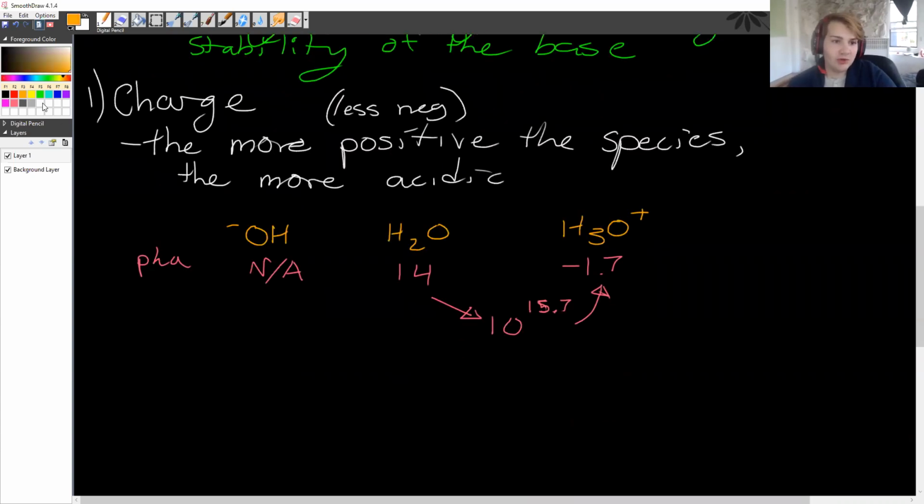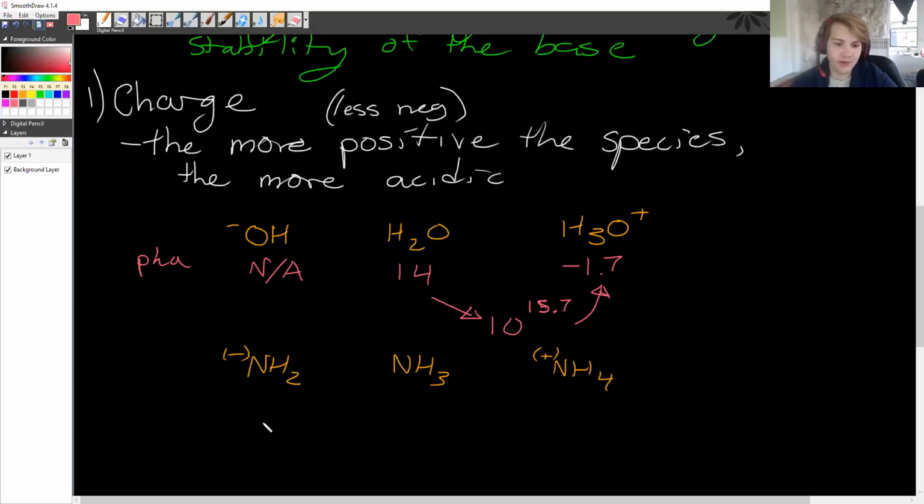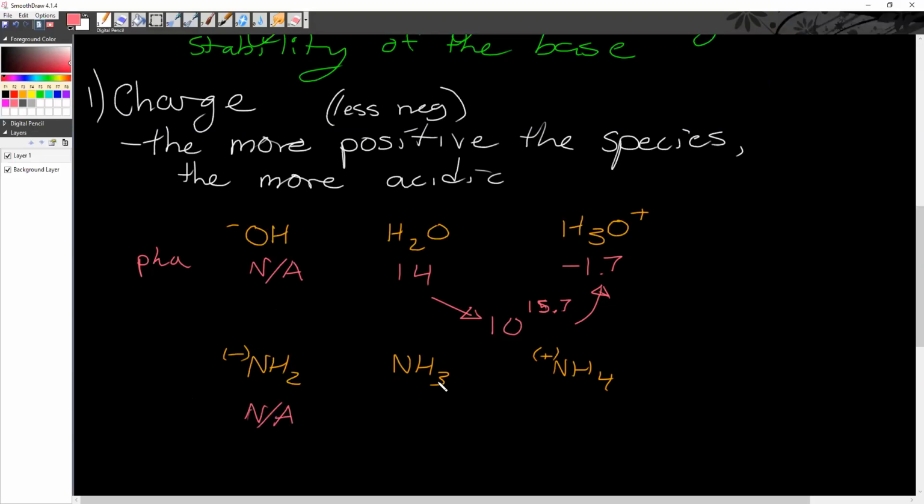Likewise, I just want to show you another set of these. If we take a look at NH2 minus, the ammonide ion, I believe is what it's called, we have the amine, and we have the ammonium ion. Once again, not even an acid, cannot donate. Negatively charged species generally do not donate a second proton. Usually they have to be pretty inorganic. We have 38, and then we have